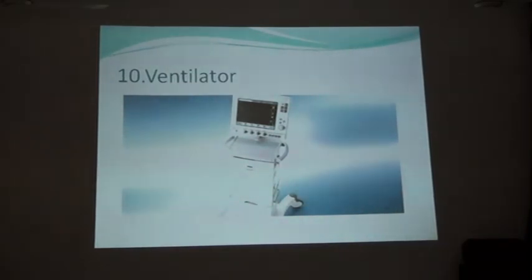You are putting a tube inside the trachea and then connecting it with the machine. So the lung function is held by the machine, and gradually you are weaning the patient out and making them independent slowly, and then their own chest and lungs start functioning. So that is the role when lung function is absolutely not working. We are depending on the ABG parameter. ABG means arterial blood gas.